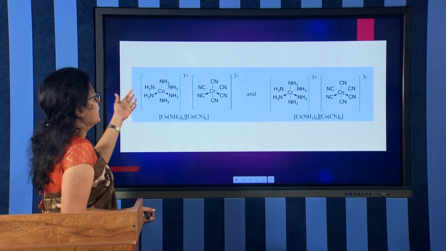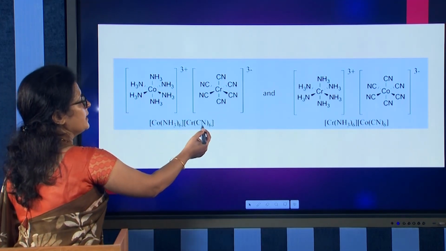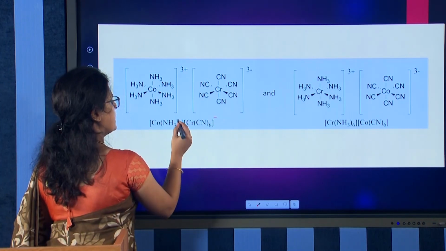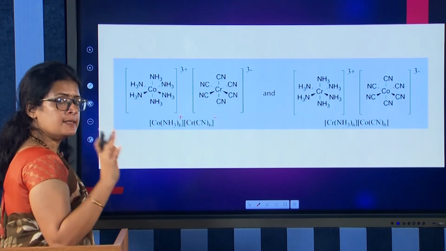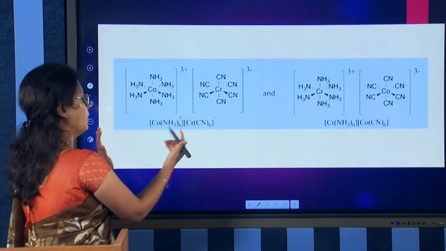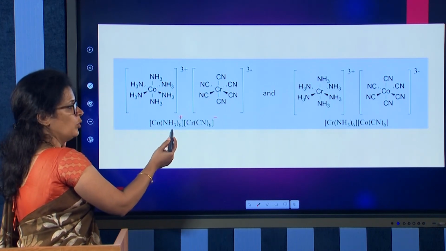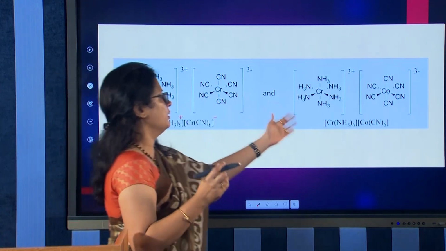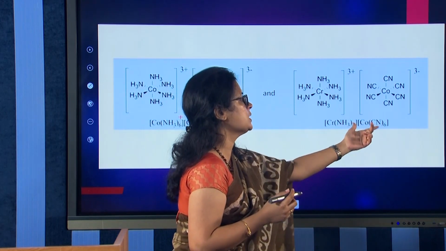See the complexes. The whole thing is a complex, that is [Co(NH3)6][Cr(CN)6]. This is an anionic part, this is a cationic part, right. So, a cationic part and an anionic part arise in the same complex, and the whole thing is a coordination compound. Here see the central metal atom, we have cobalt with 6 ammonia ligands, and another central metal atom chromium with 6 cyanide ligands. And now coming to the next example, [Cr(NH3)6][Co(CN)6].